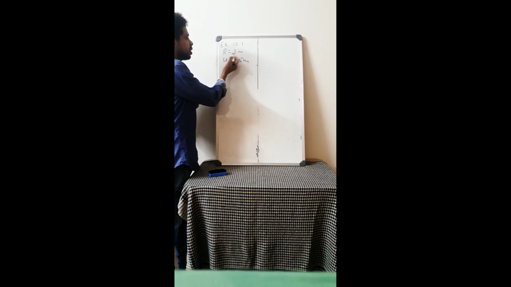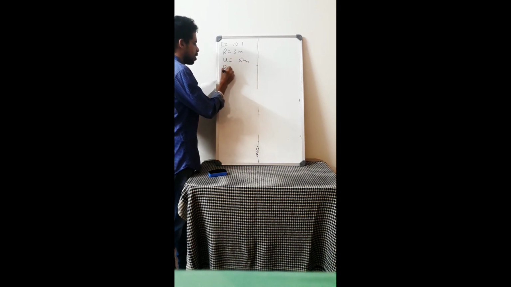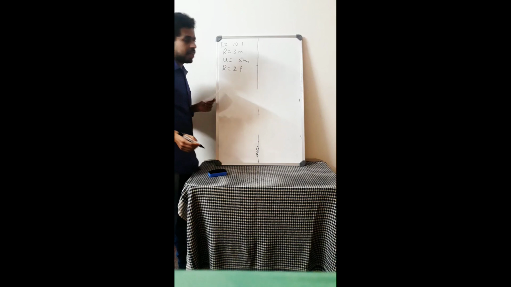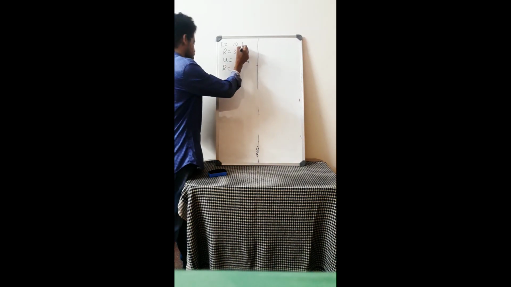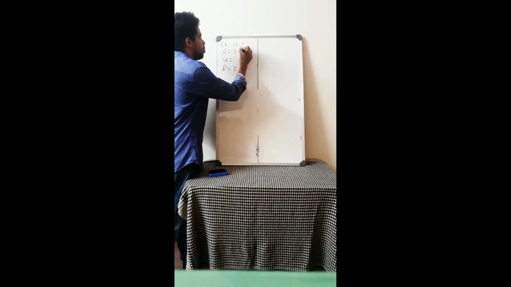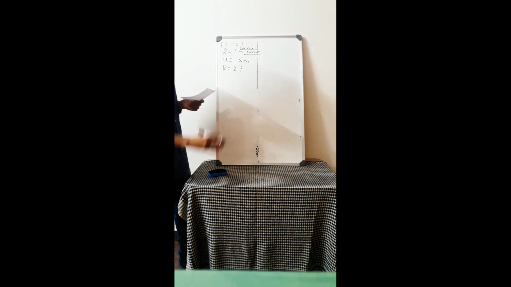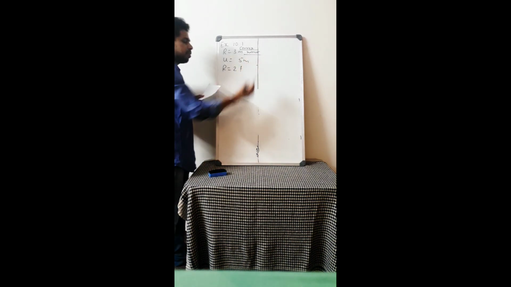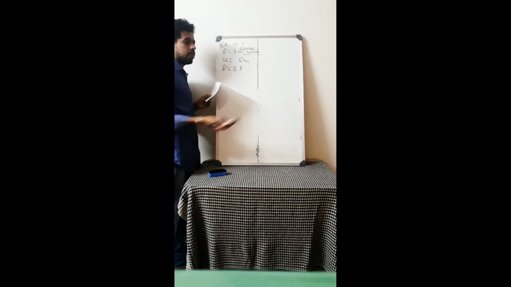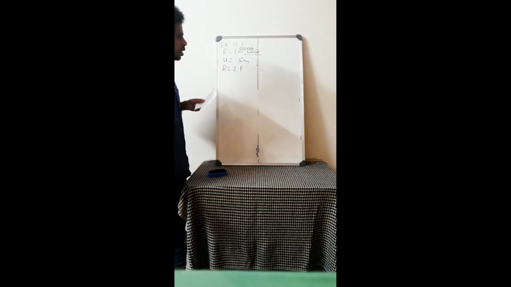So we know that R is equal to 2F. So we know the formula R is equal to 2F. It is a convex mirror here. Convex mirror. You have to remember this. Then only you can proceed with the sign convention as well as the formula. So it is a mirror, so you have to use the mirror formula. Convex, so you have to use the sign conventions of convex mirror.